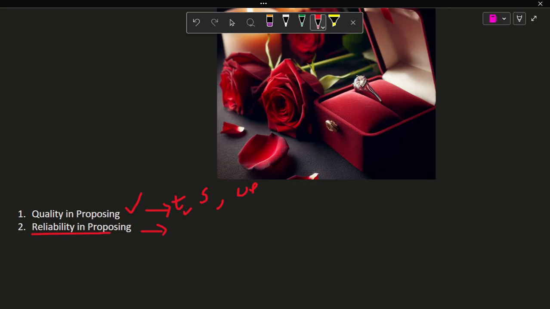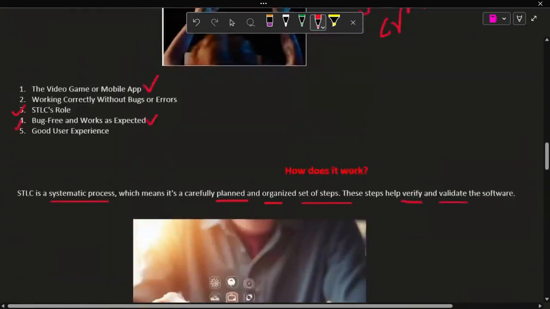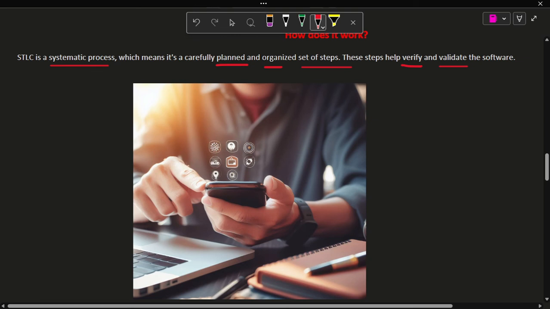So STLC helps ensure that software applications meet these same standards by verifying and validating their quality and reliability, much like you aim to create a high quality, reliable proposal when you're proposing to a girl. Now I want to explain very clearly with another example. Imagine a team of software developers creating a message app